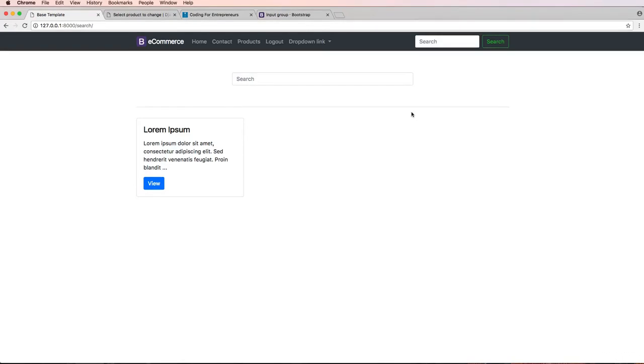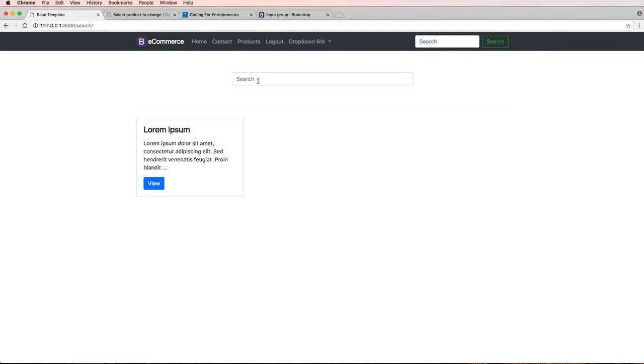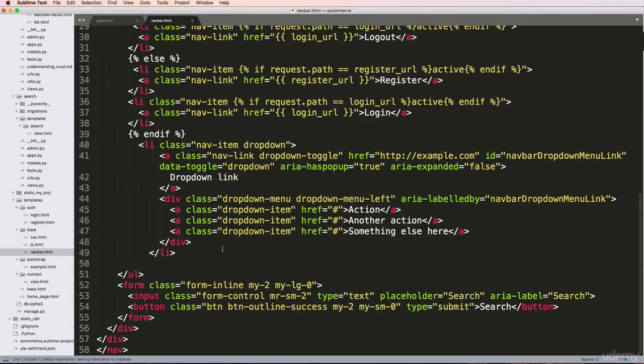So now what we're going to do is actually make our search form work. Before we implement that part, we have this search form, and this search form actually comes from the exact same form. So if we ever need to change it, we can change it in one place. And if we ever need to reuse it, we can reuse it from one place. And even further, if we need to update the button or anything like that, it will match the styling all across the board. So to do this, we're going to jump into our navbar.html where that main